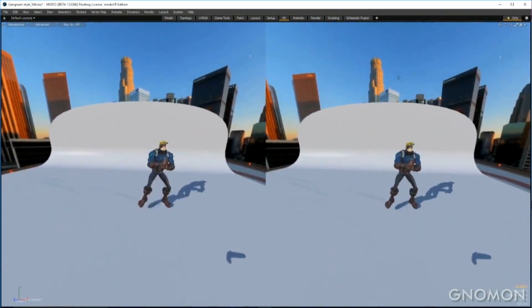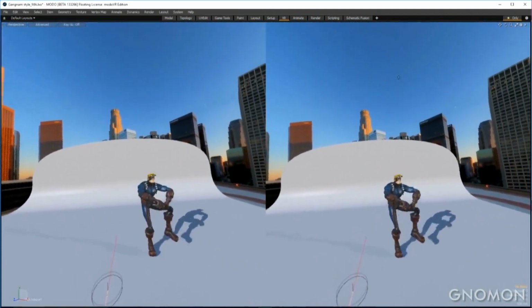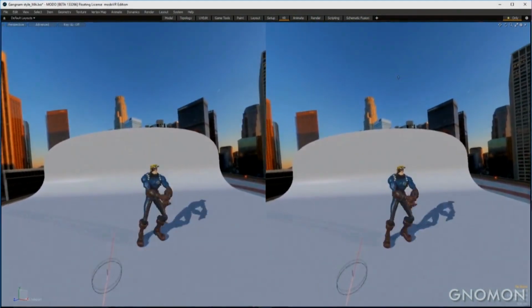And so just being able to pick up the headset at any point in time and check these things out and then go back to the desktop experience, I think is a pretty spectacular way of working. And so aside from all the awesome stuff that we have in this VR research project, it's also led to tangible improvements to Modo in general.